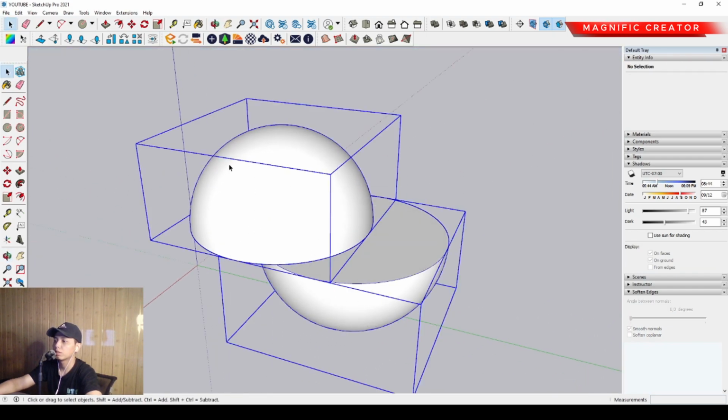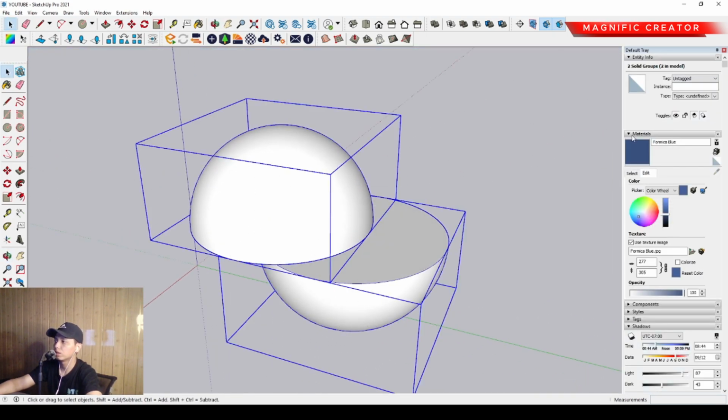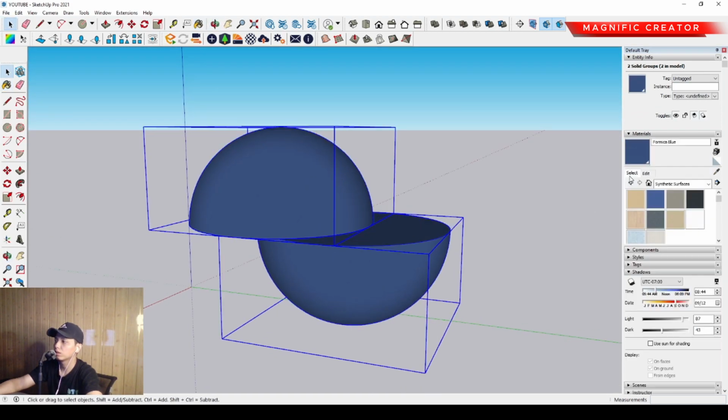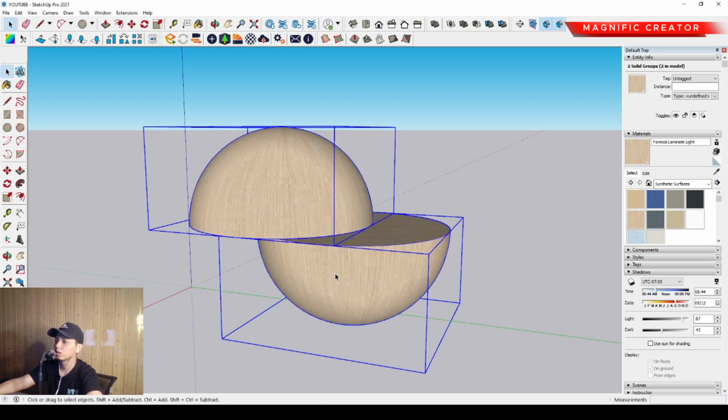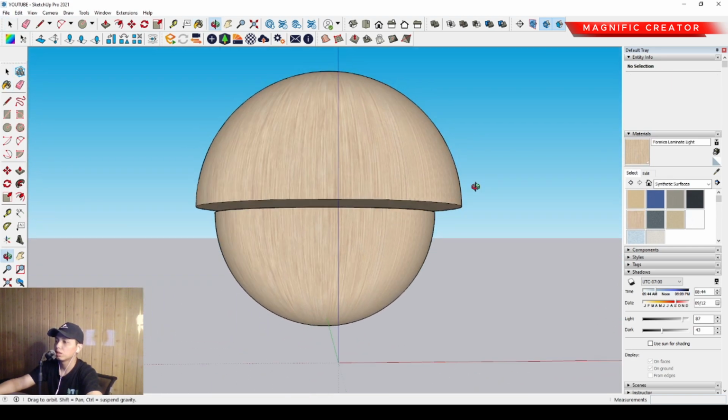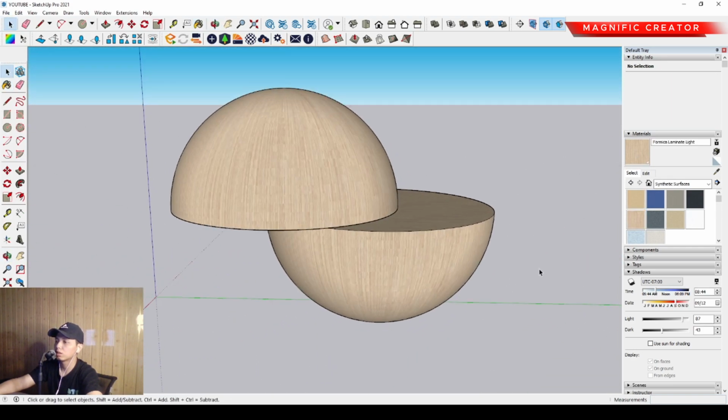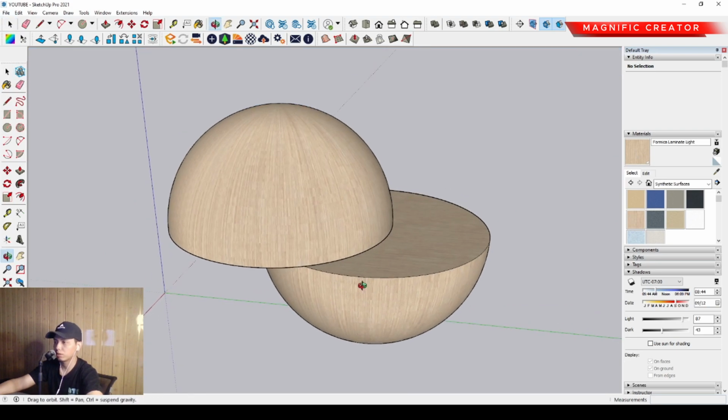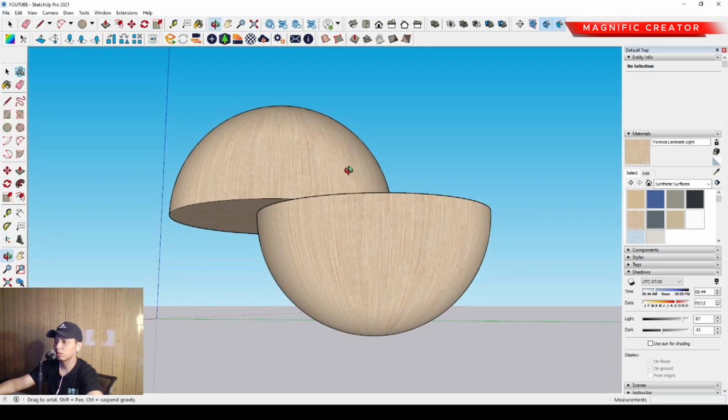And also we can assign another material. For example, we can assign this material, and we can assign the wood material maybe, and something like this. Okay, thank you. I hope it will be of a lot of benefit to all of you for the basics of